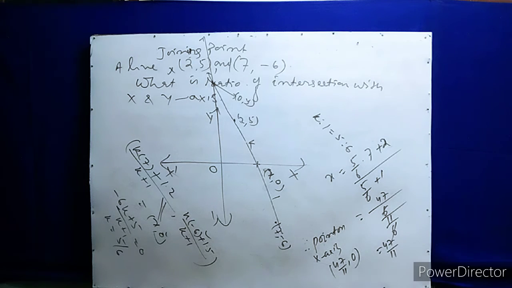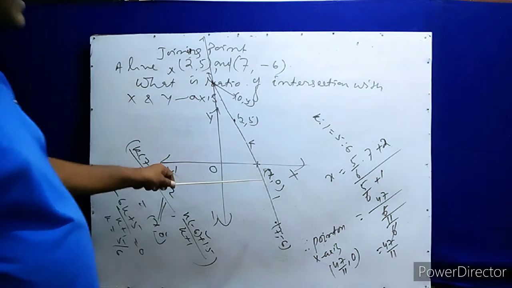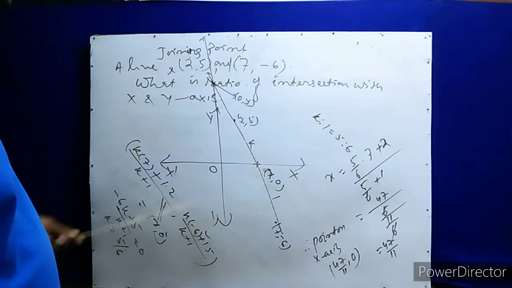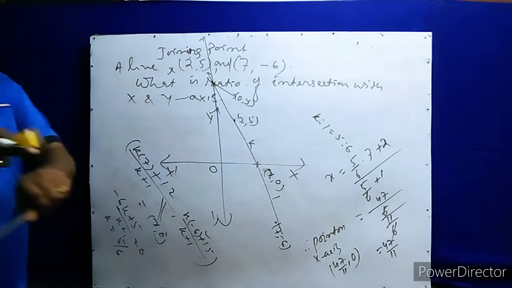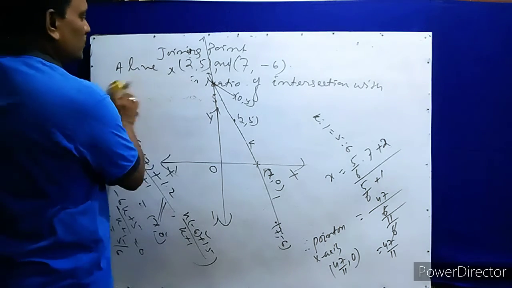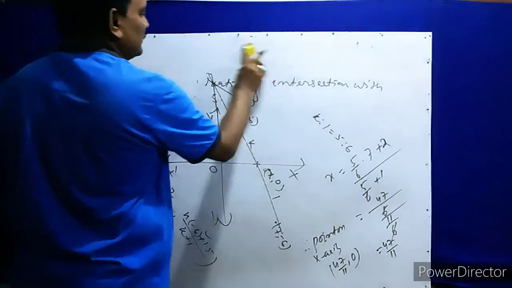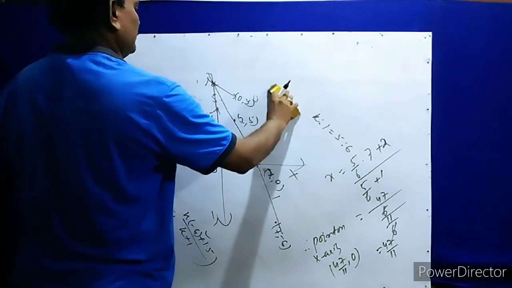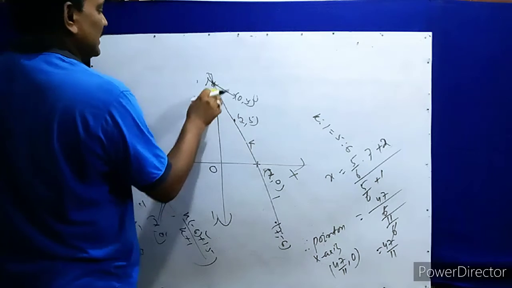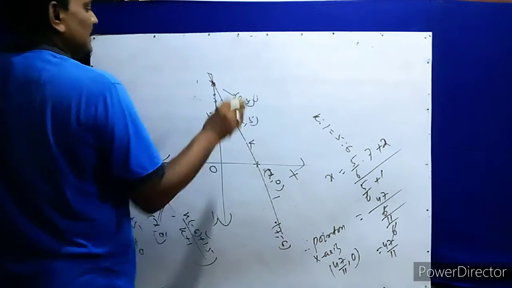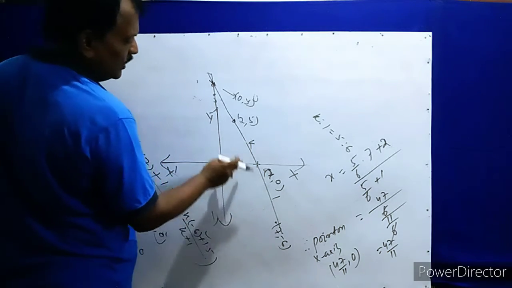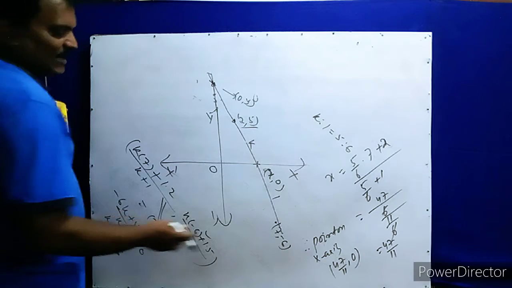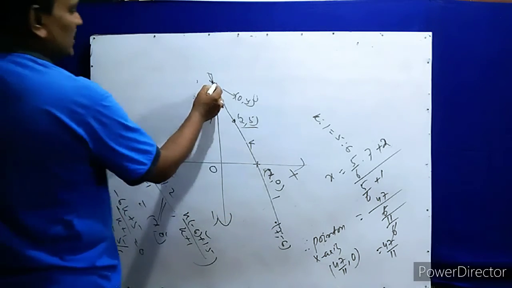Okay. In this way you find the intersecting point and also the ratio in which a straight line joining any two given points intersects the x-axis. Similarly, for finding the y-axis intersection we use the same format. Let's say the straight line intersects the y-axis. So here are the 2 points given. Okay, here is the external point. You look at it. This is the point (2, 5) and this is (7, -6). So this is the point.